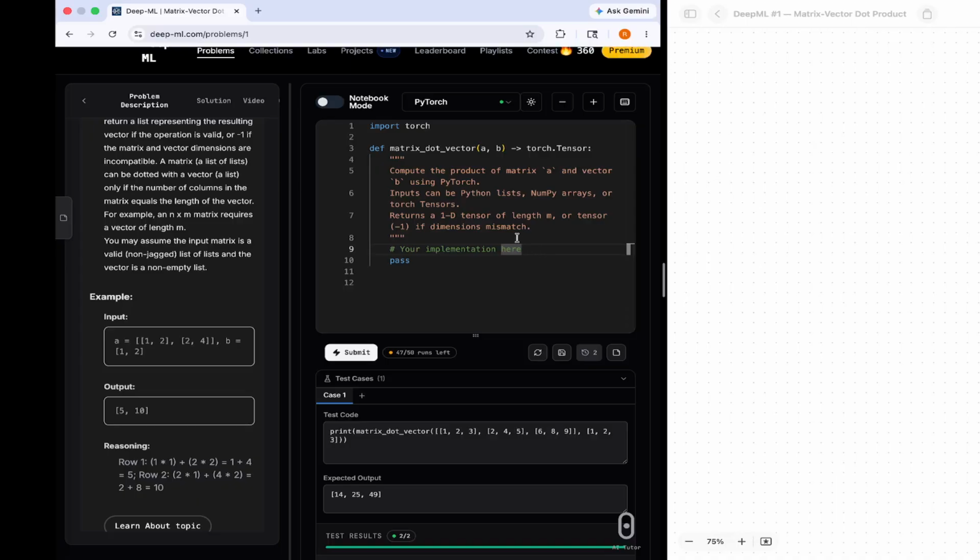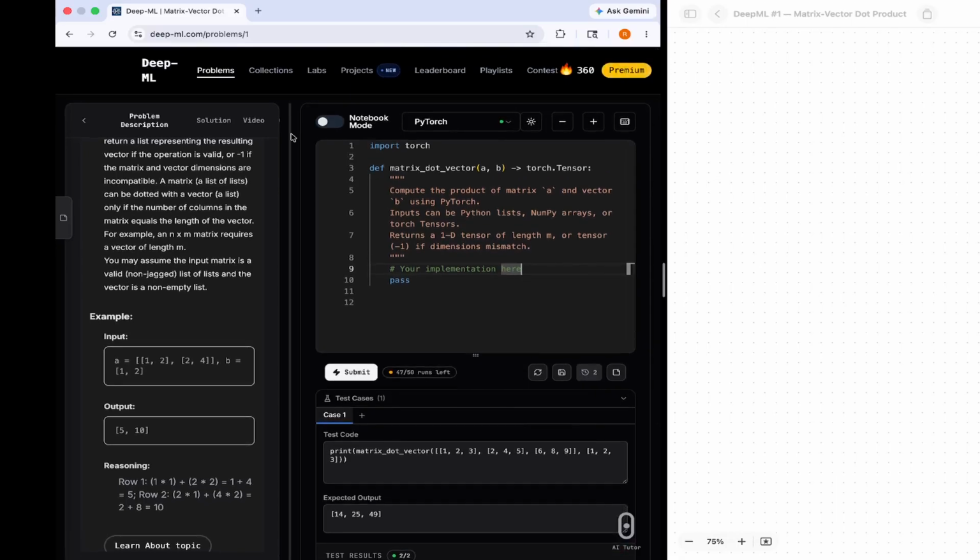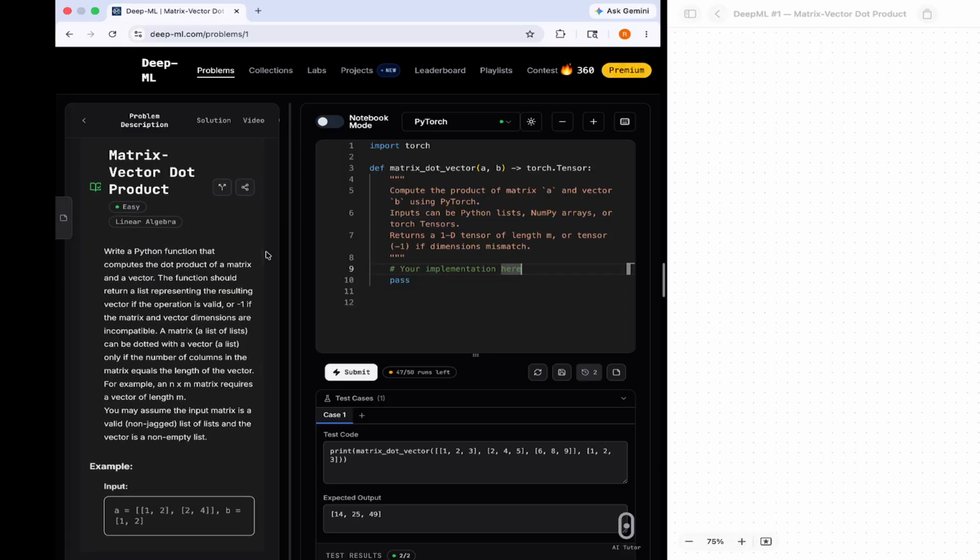Today we'll be going through the first problem in DeepML, which is matrix vector dot products. It's a linear algebra problem and it's ranked easy. So the task is to write a Python function that computes the dot product of a matrix and vector. The function should return a list representing the resulting vector if the operation is valid, or -1 if the dimensions